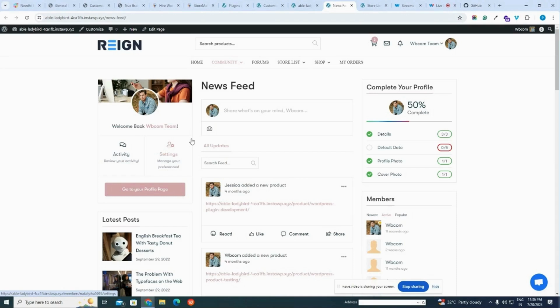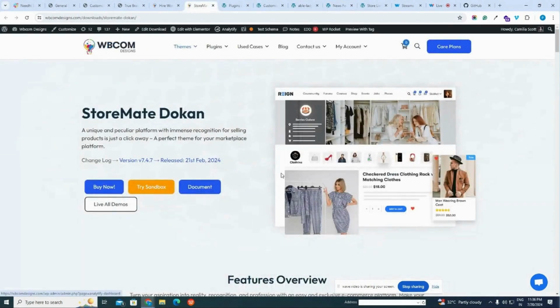Once they have community features, they are likely to stay on your site, they will engage. If you engage your visitors, they will likely stay on your site, and once they stay, they can be potential vendors for you who will sell their products on your website, and ultimately you will earn some commissions from them.